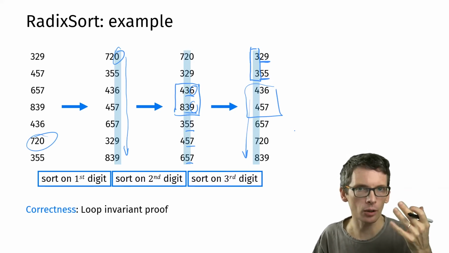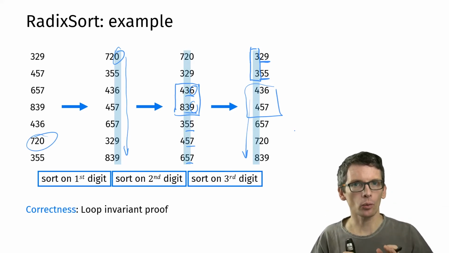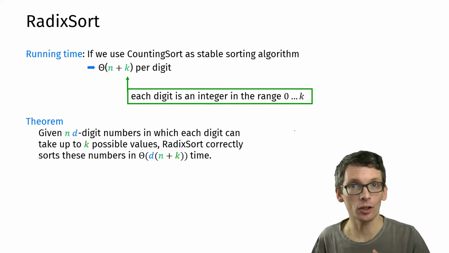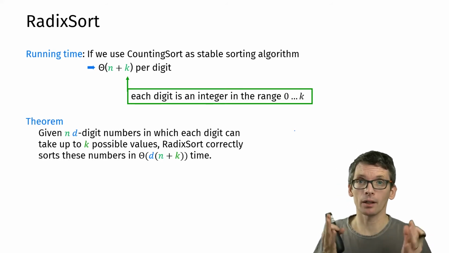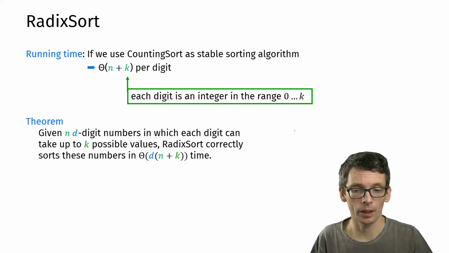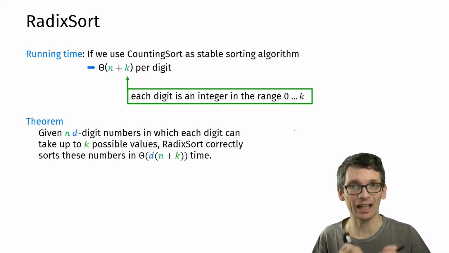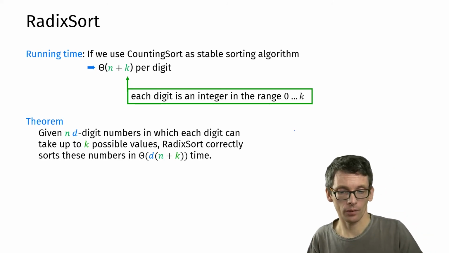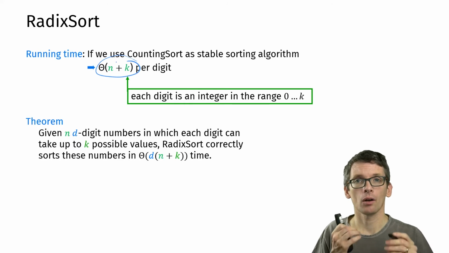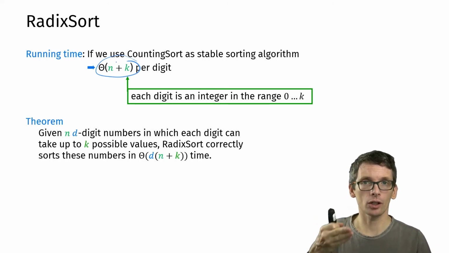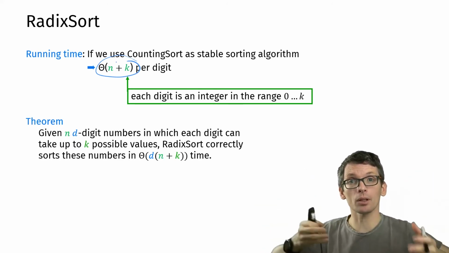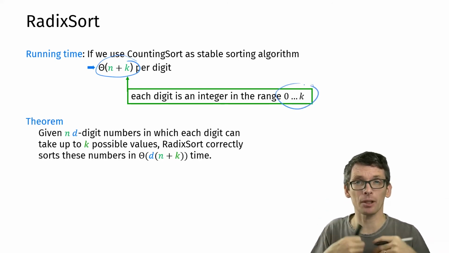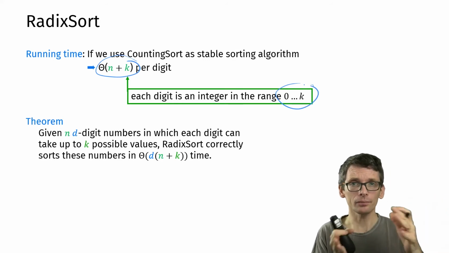Running time analysis is also very simple, but it depends on which stable sorting algorithm we take. We luckily just saw a stable sorting algorithm that works well for bounded ranges, and that is counting sort. So if we use counting sort, then we get per iteration order n plus k, where k is not the range of the whole numbers, but the range of the digits. So if we have digits between 0 and k, so in the examples that we saw, k was 9, then